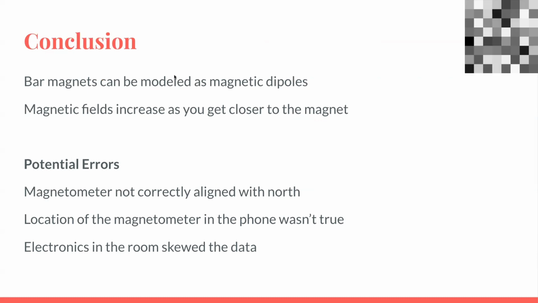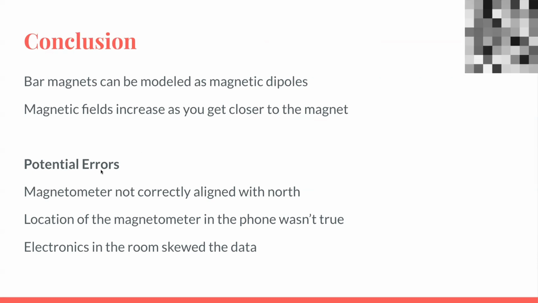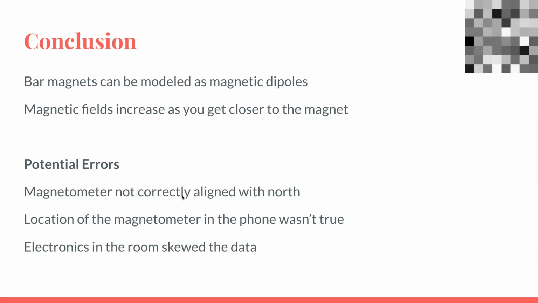And the conclusion is that bar magnets can be modeled as magnetic dipoles. Magnetic fields increase as you get closer to the magnet. Errors include that the magnetometer was not correctly aligned with north, and the location of the magnetometer